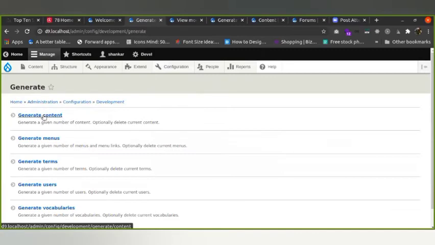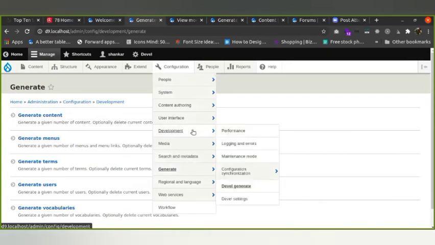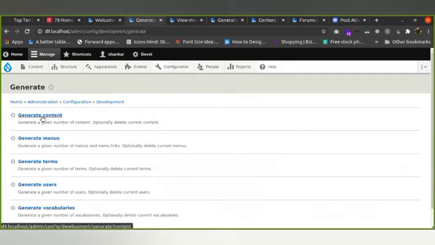As I highlighted about the Devel module, we can generate dummy content. So how will you do it? When you enable the Devel module, you should navigate to configuration and generate. Through this also you can generate, and the development menu also you can get, the navigation Devel generate. From here you can click on generate content.